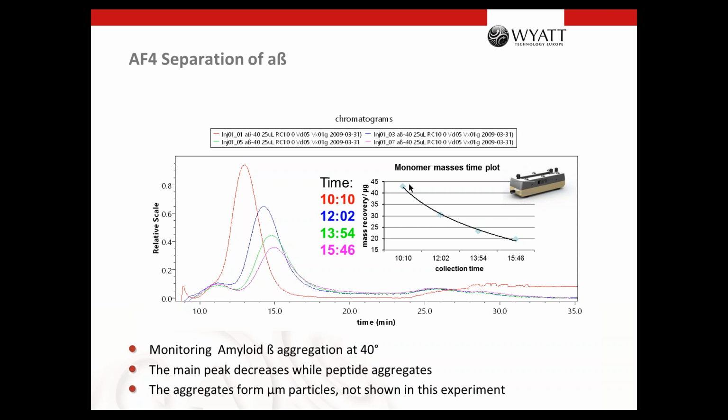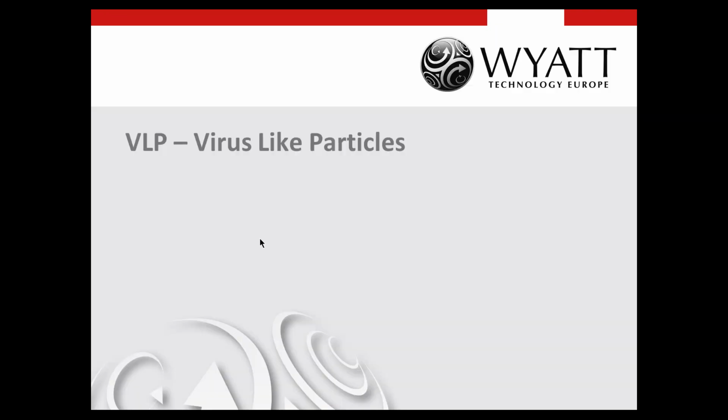And if you plot this here, you can calculate from this a very nice kinetic. And you see the fit is quite reasonable. With this aggregation, very big particles are built that you cannot separate anymore because they are bigger than 1 micrometer, and maybe they precipitate in the vial, so we couldn't see them. But you see very nicely the decrease of the area of the main peak.